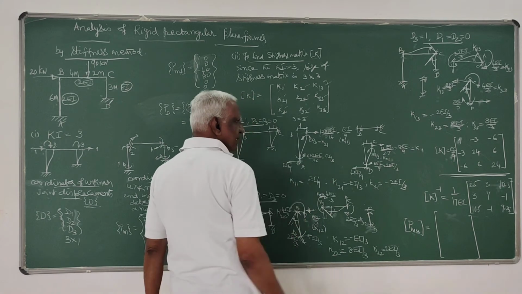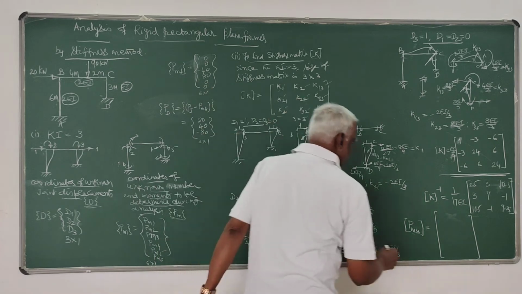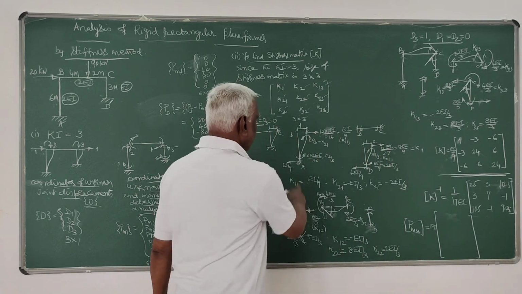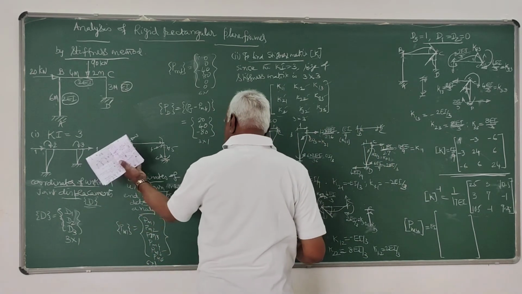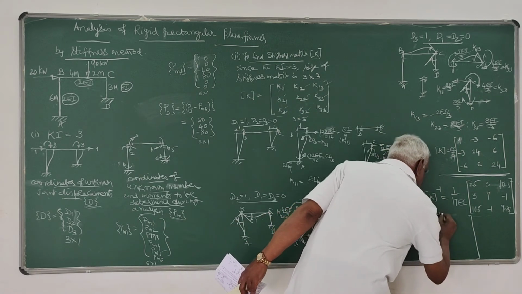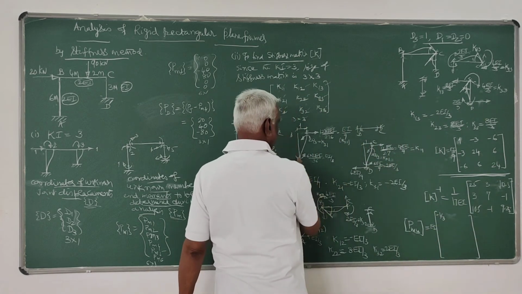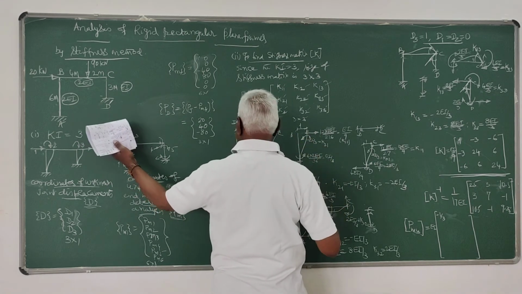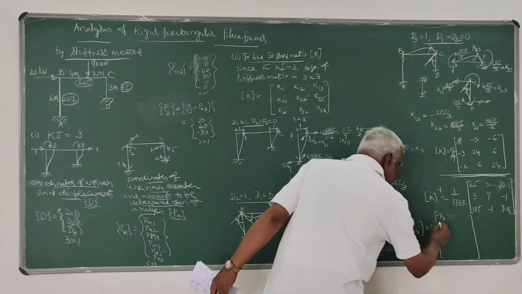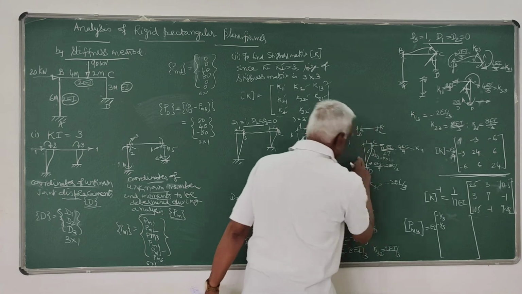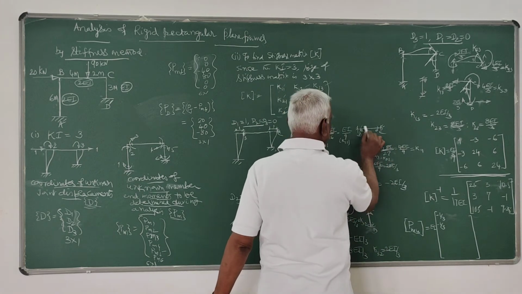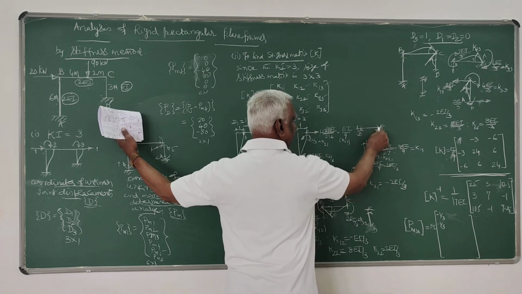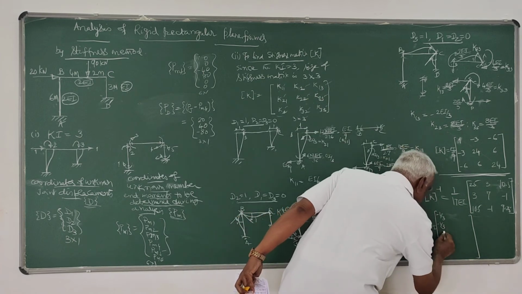Along 1, force developed is EI by 3. So that EI, I will take it outside. So here it is anti-clockwise, here it is clockwise, so it is minus 1 by 3. Right? Then here along 2, it is anti-clockwise, here it is clockwise, so that is also minus EI by 3, that is minus 1 by 3. And for 3, that is BC member, it has not undergone any force, so 0, 0, there are no